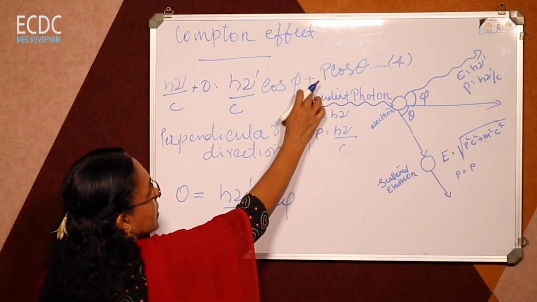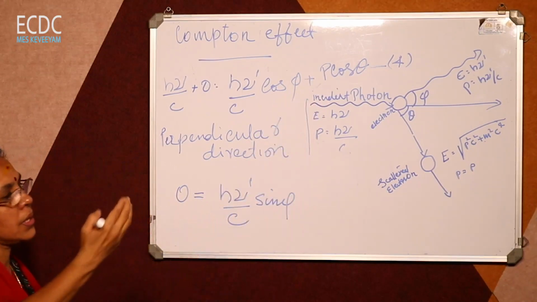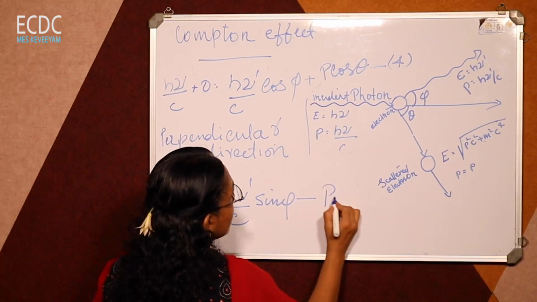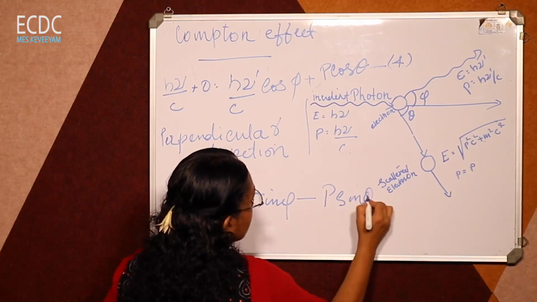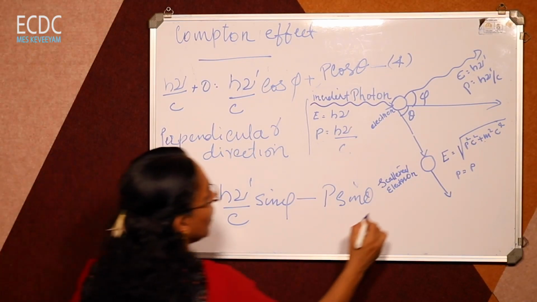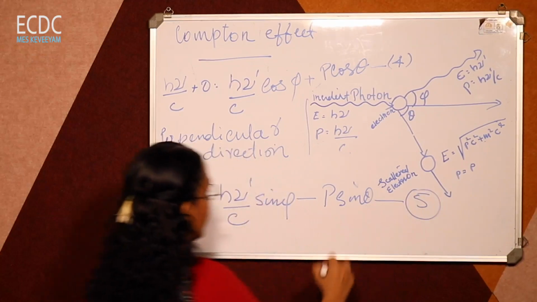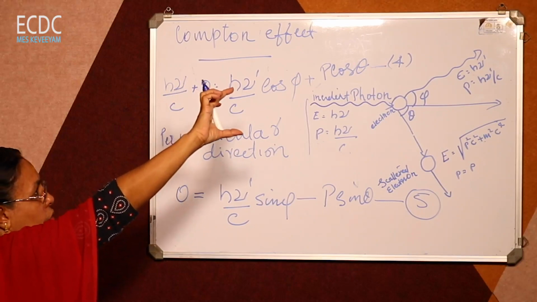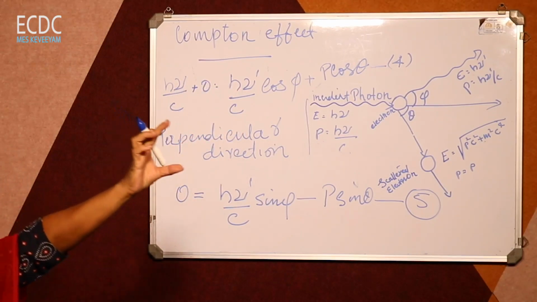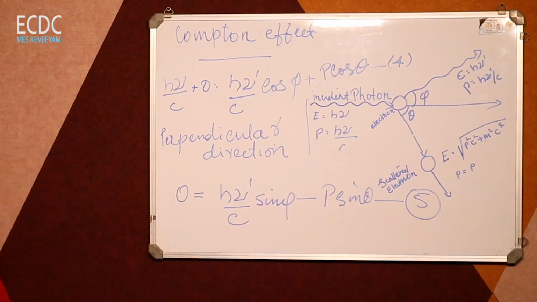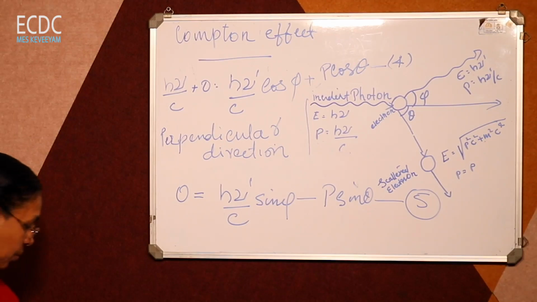Then here it is plus, and in the case of the perpendicular component, it is in the negative side or in that quadrant, so we can write this as p sin theta. So this is the expression for the perpendicular direction, and we can put this as equation 5. That is, this is the expression for the parallel component, along the direction of the interaction between the photon and the electron, and this is the expression for the perpendicular direction, which we can write as equation 5.